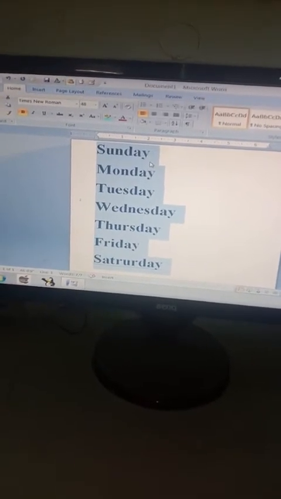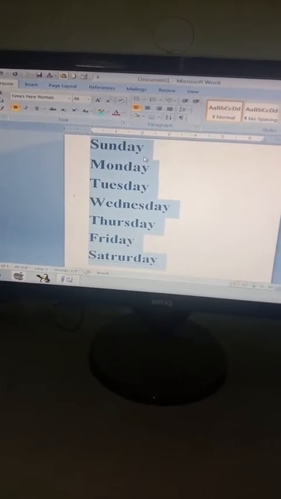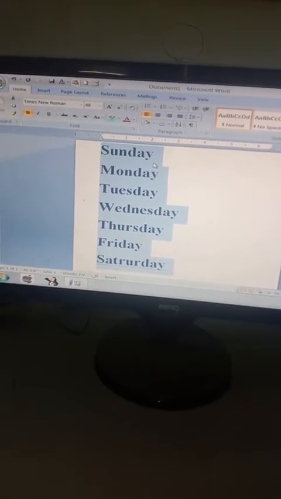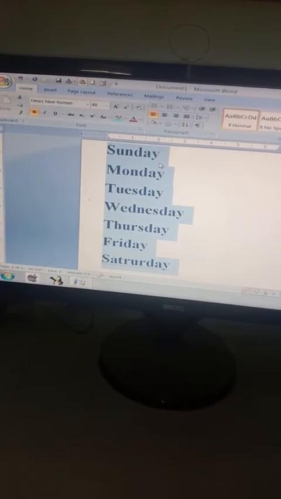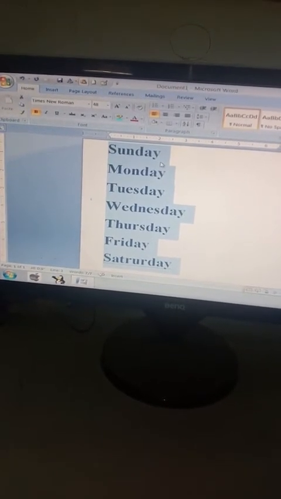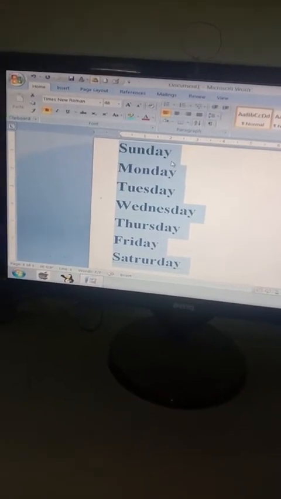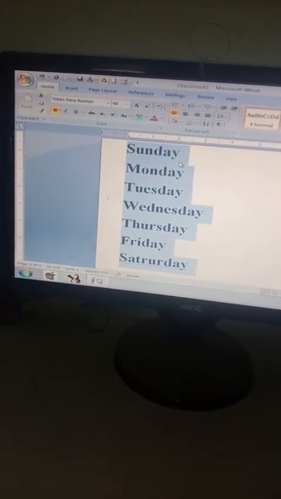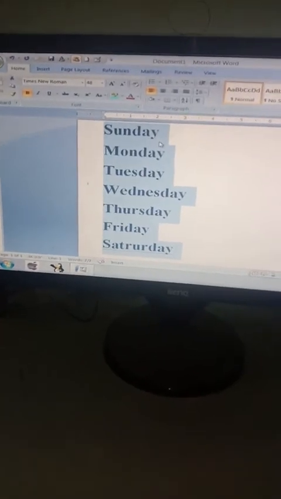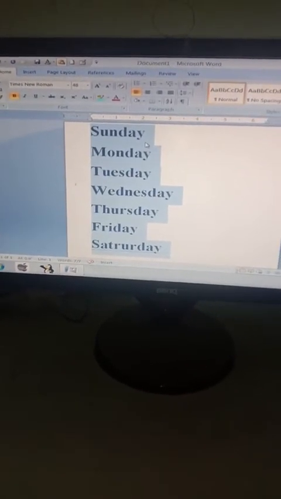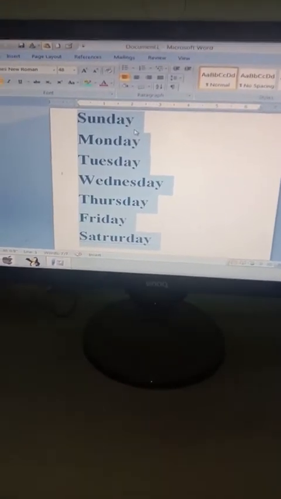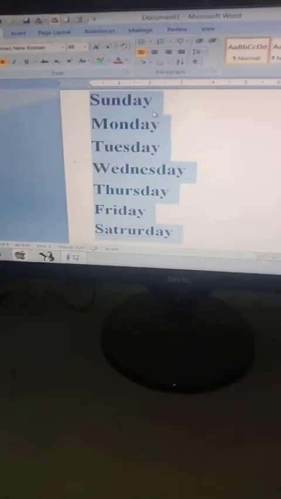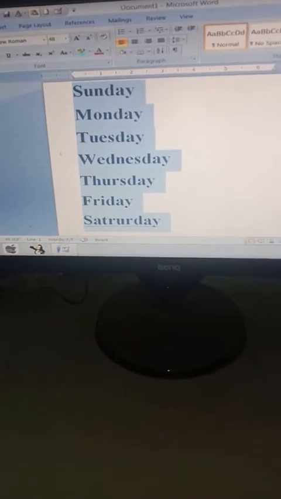These types of list can be applied in the contents of the chapters in a book. Like we have different contents in a book's chapter and we want to arrange different types of list in those chapters only. So in that case we apply the multi-level list. Now what are the steps to apply the multi-level list? Like suppose I have written the content over here. These are the contents that I have written.